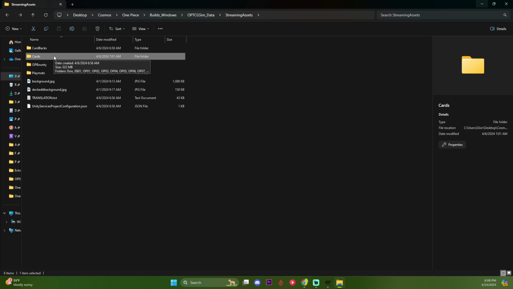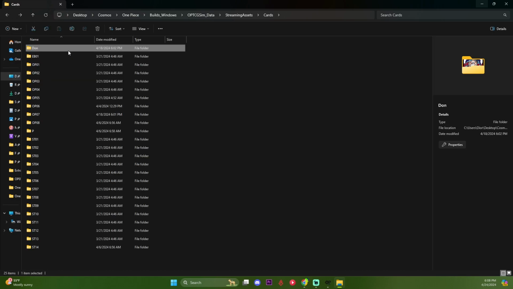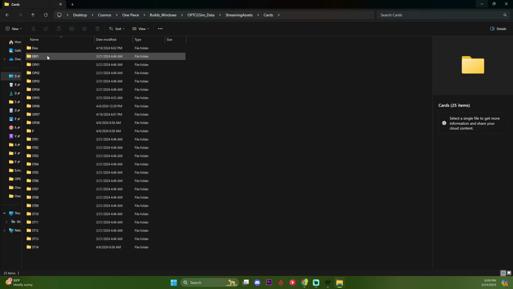So you need to go into One Piece builds, Windows, OPSim data, streaming assets, and once you get the streaming assets, take out the old card folder and put this new variant one in, and that goes the same for the Don. If you guys do want to have a different Don, you could just go into the Don folder like I said. And another reason why you probably want to go into the cards file,